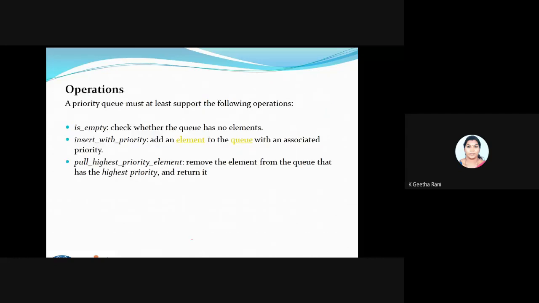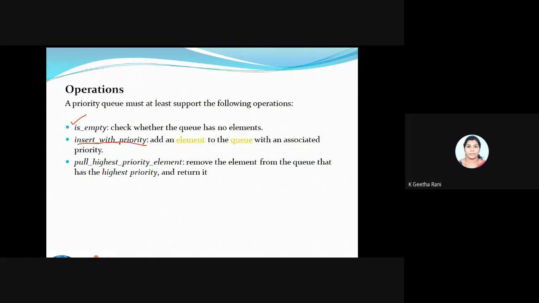Next we'll go for the general operations. Whatever implementation we take, we have some general operations to be followed. The first operation is empty, where I have to check whether the queue is empty or not. Then one more, insert with priority. So always add an element along with the priority number.